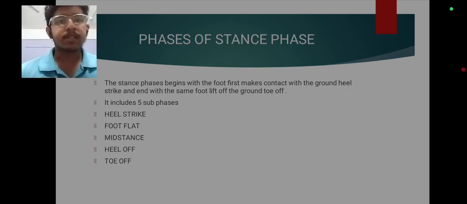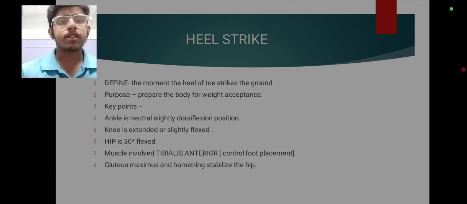The phases of the stance phase. The stance phase begins when the foot first makes contact with the ground, heel strike, and ends with the same foot lifting off the ground, toe off. It includes 5 subphases: heel strike, foot flat, mid stance, heel off, toe off. First one is heel strike. The moment the heel strikes the ground, the purpose of it is to prepare the body for